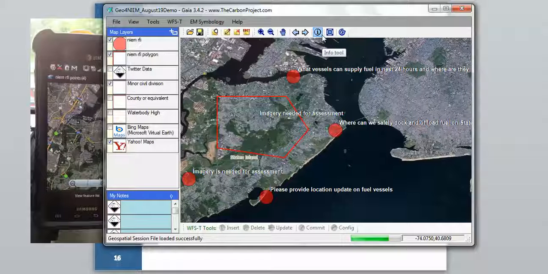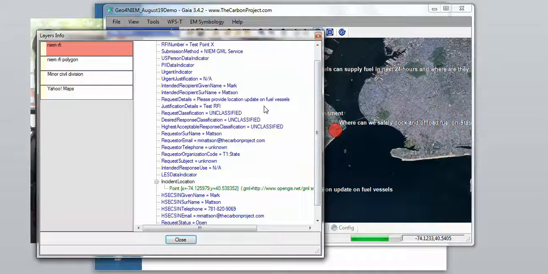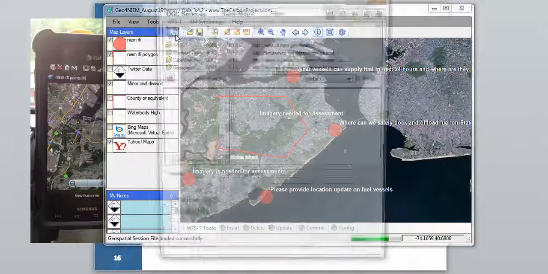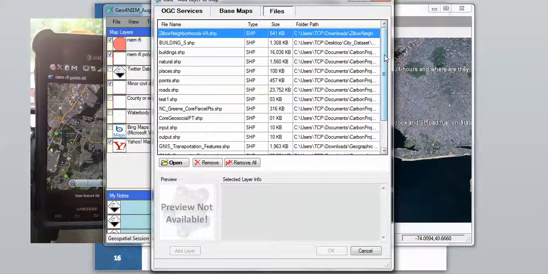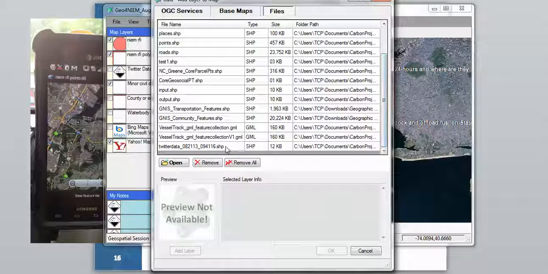And if we take a look at this, we can see that the NIEM structure is maintained. Again, the request here is to provide a location update on fuel vessels. So in other demonstrations, you're going to see how those vessels can be identified and what can be returned to the NIEM RFI requester